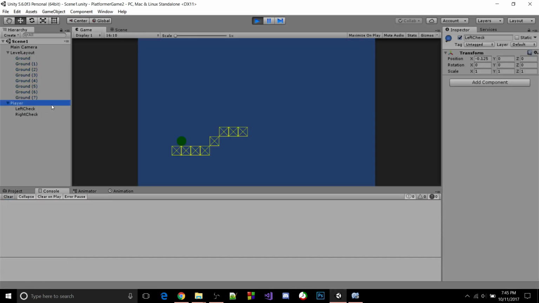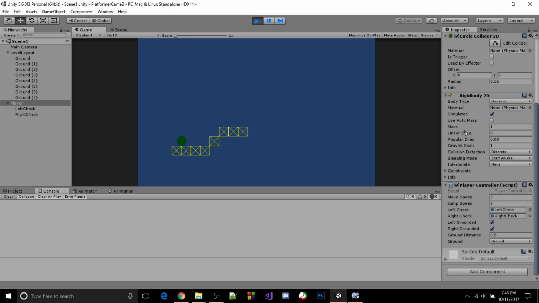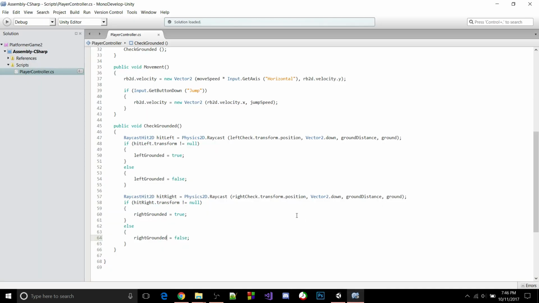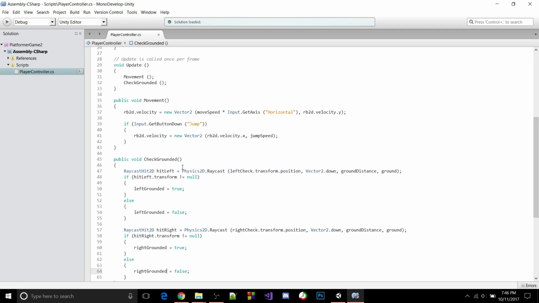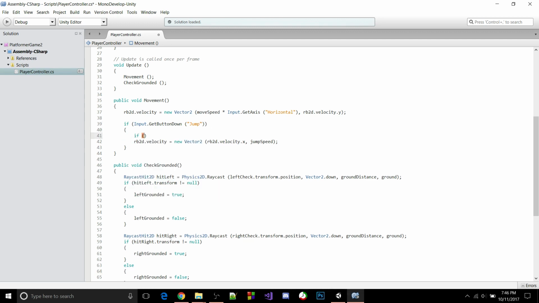Click on the player, and as we can see in the text, we're both grounded, but when we're in the air we're not grounded anymore. And so let's put this into a check to make sure we don't lag out. Let's go back to our movement, and so if this is true, and so we get a jump, and if not,